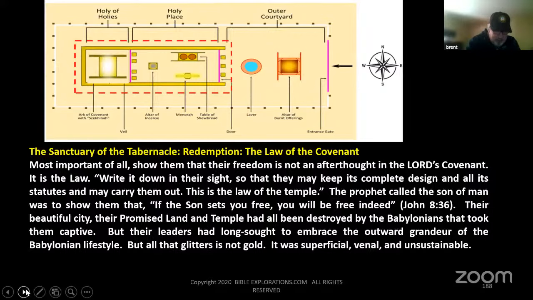And what more beautiful thing can you learn than that your redemption is the law? The law that people have showed you as being restrictive or being not necessary. It's actually the law of the covenant, your redemption. And that is not just an afterthought. It was carefully carried out, fulfilled through all of these covenant events. And I hope that we see that today, how beautiful the law is.